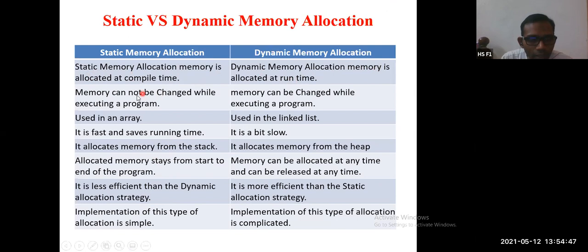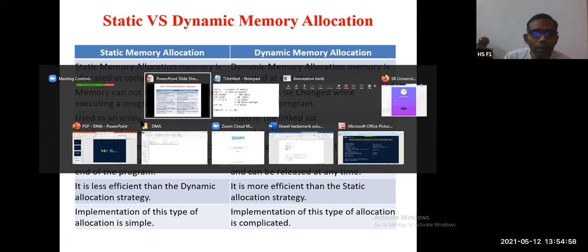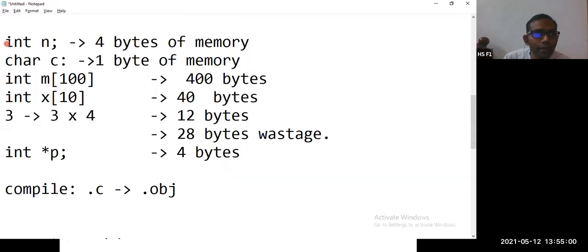Next, in static allocation, memory cannot be changed while executing a program; in dynamic allocation, memory can be changed while executing a program. So what is that? When we declare an integer variable, the memory is fixed at 4 bytes. When you declare a character variable, 1 byte is fixed. You cannot increase the size, you cannot decrease the size.